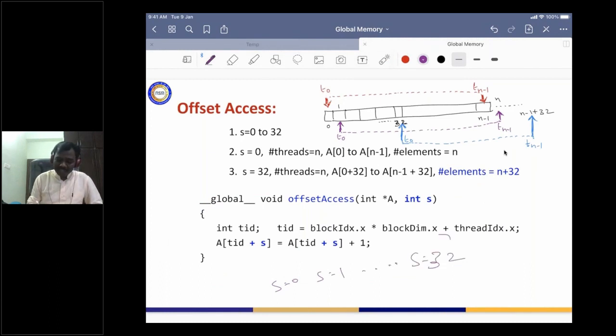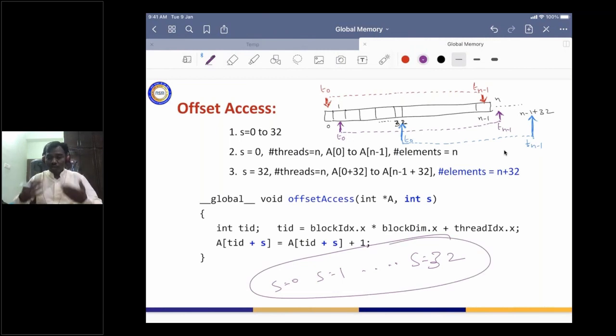In all these cases, whenever you launch these threads, you need to have the corresponding memory location available in your global memory. So which means the number of elements that you need to have should be n plus 32 for this example.